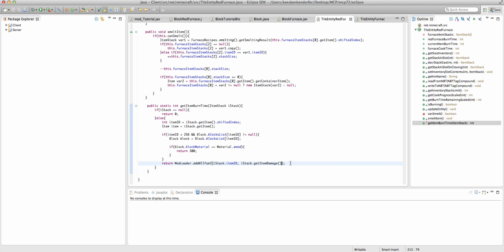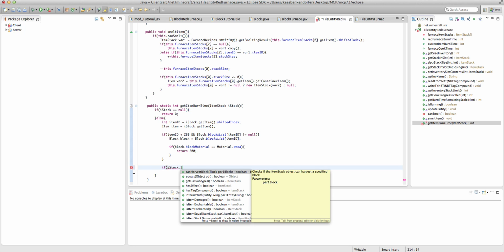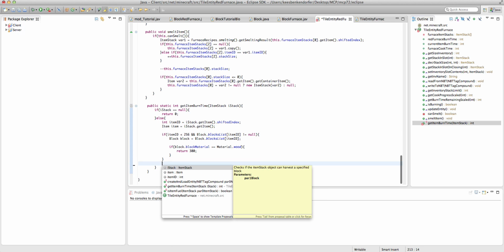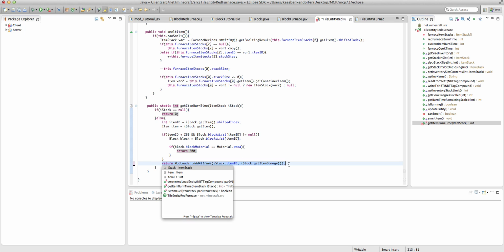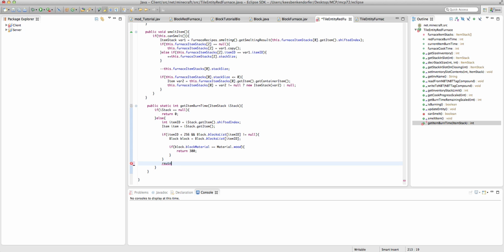So what I'm going to do is I'm just going to go ahead and change it up. So what we're going to want is to determine which fuels we want, which fuels we don't. So if iStack dot, and what was that? Okay, let's see, how does this work? So var1. So return, and we'll say if item ID equal item dot coal dot shifted index, we'll do return,